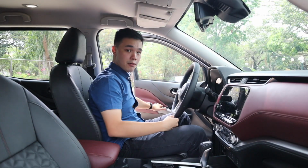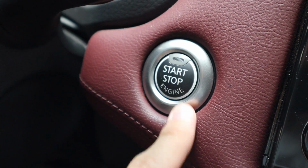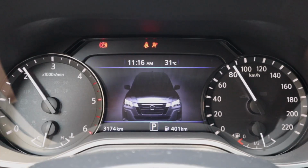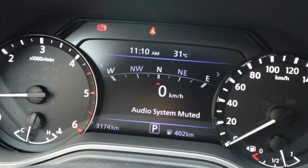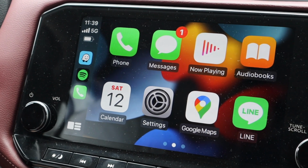Inside the interior, check the door thud. Sounds alright. Start the car, get push button start, but there seems to be a little bit of a delay after you press it. The instrument cluster does sweep, and it gives you this really nice Nissan design towards the middle as well. And there is a center screen, but the even better part over here is the center 9-inch